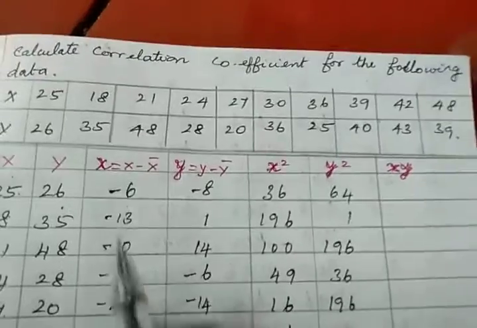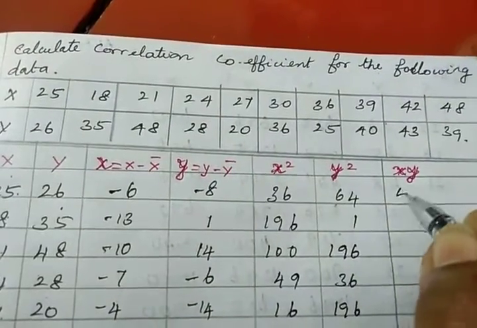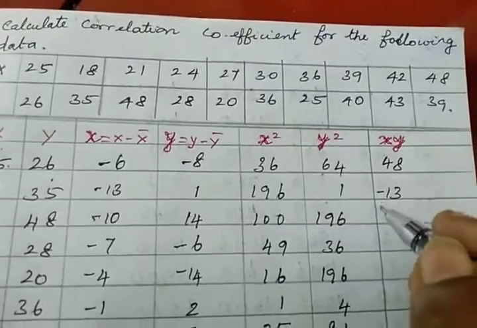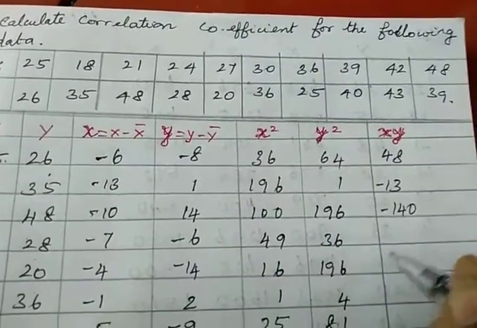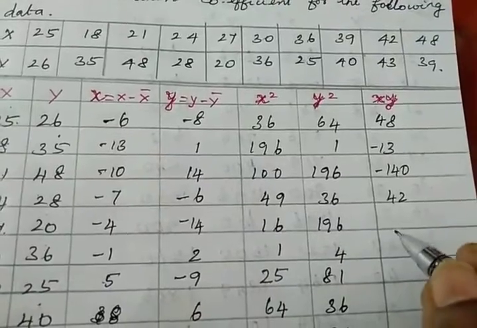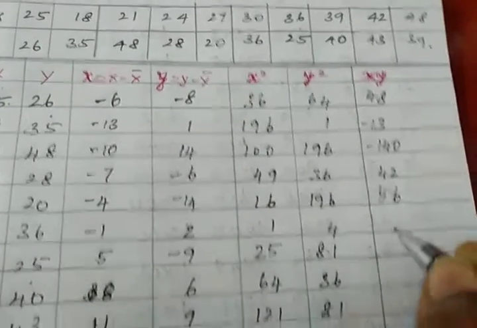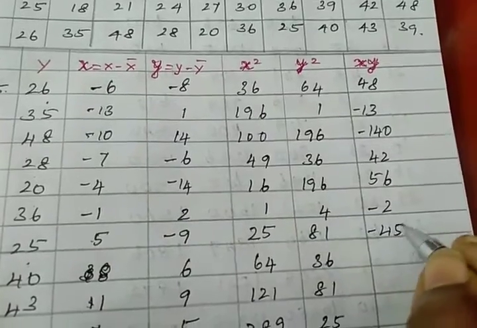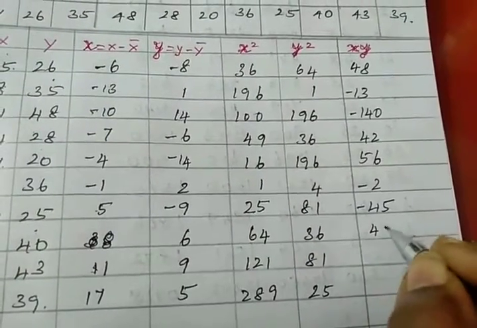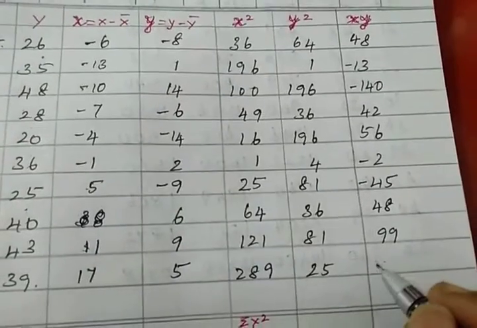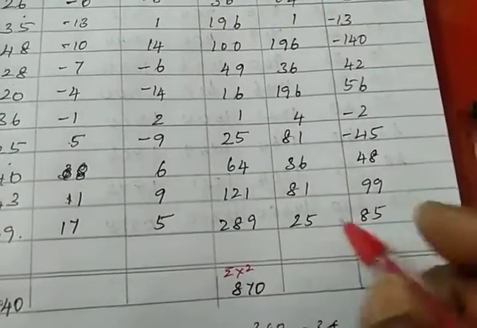So when you multiply, 6 8s are 48. 13 1s are minus 13. 10 into 14, minus 140. 7 6s are 42. 14 4s are 56. 1 2 is minus 2. 9 5s are minus 45. 6 8s are 48. 11 9s are 99. And 17 5s are 85. When you sum it up, you will be getting